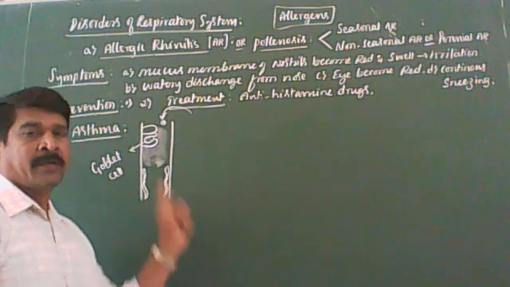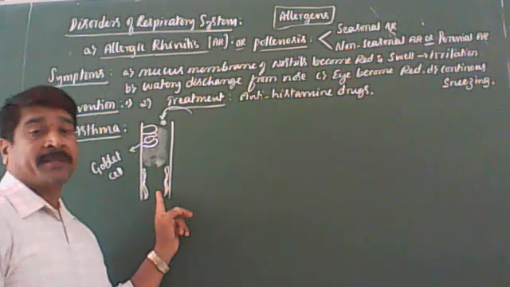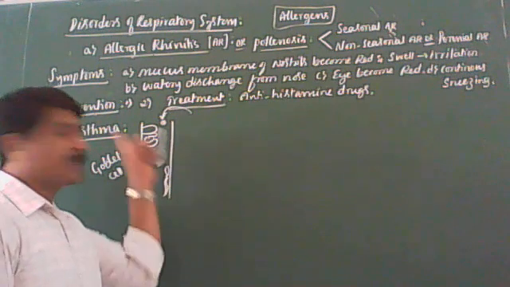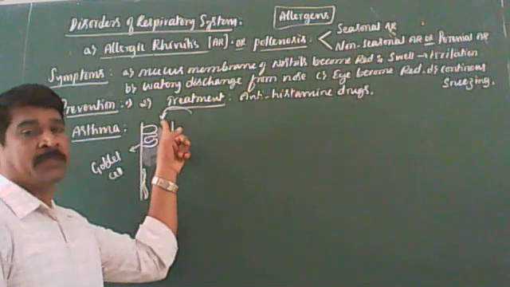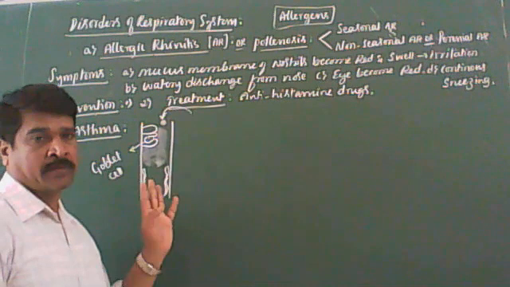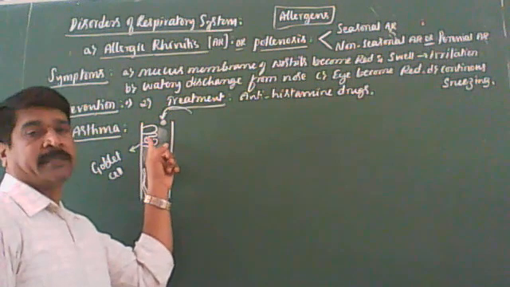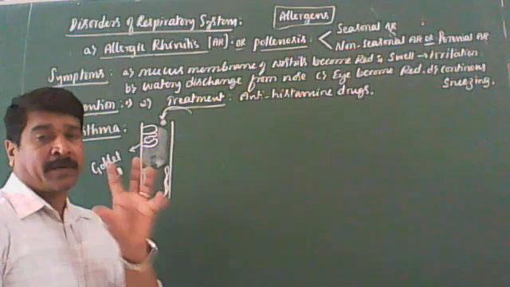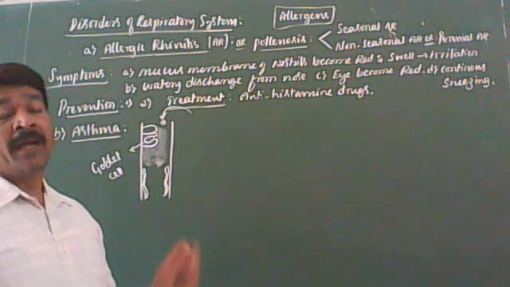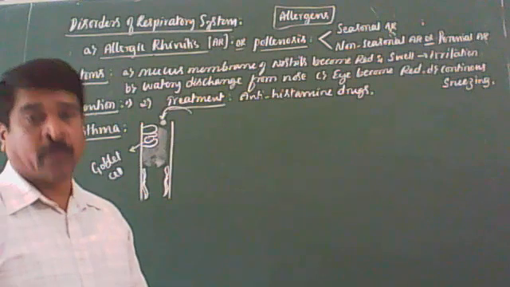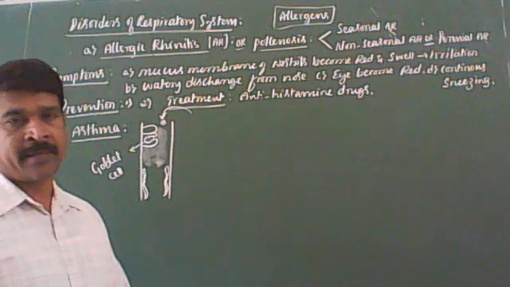Okay, I'll repeat once again. Asthma is an allergic disorder of the bronchi and bronchioles, characterized by breathing difficulties. It is an allergic reaction caused due to the entry of foreign substances into the bronchi and bronchioles. The goblet cells of the bronchi secrete a large quantity of mucus and the smooth muscle fibers of the bronchioles contract. Hence, the air passages become narrow. Then the person finds it very difficult to breathe out. Clear?